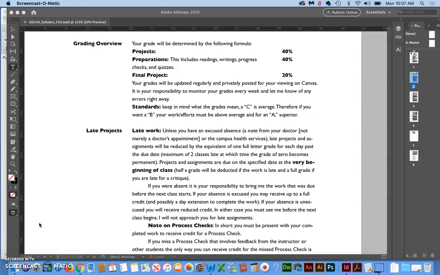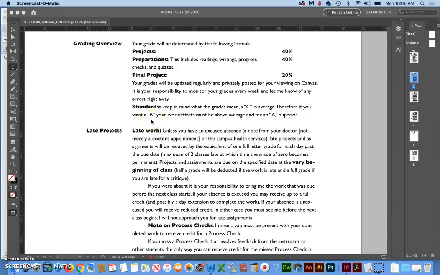Things where there's a paper trail, obviously those can be fixed easily, but if it's just something like the progress checks where I just come around and check your work or check it online and give you a grade, those type of things are much harder if you go a long time without checking your grade. Sometimes students try to tell me that they did do something that they really didn't, and I don't want to get in that situation with you. So check your grades, let me know of any errors right away, and we won't have those kind of problems.